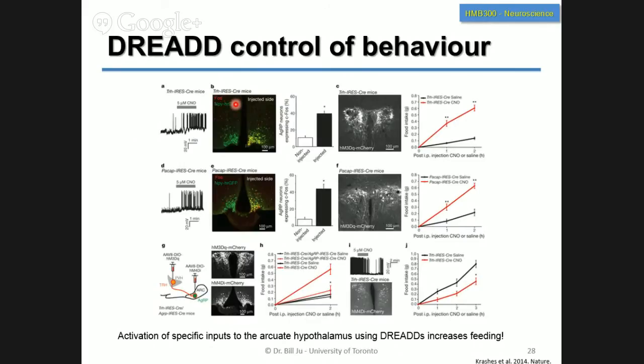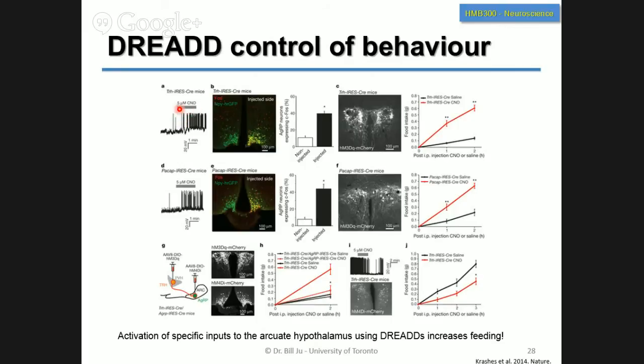Okay, and again, don't worry about the fact that this is a really busy slide. It's just to demonstrate a couple of things. You can actually inject in the virus into different areas of the brain. In this case, one of the things I'm sort of interested in is feeding behavior and other types of behaviors in groups of neurons found within the hypothalamus. And you can see that you get good expression in a group of neurons. You can go back and track the expression of neurons in these different colors,